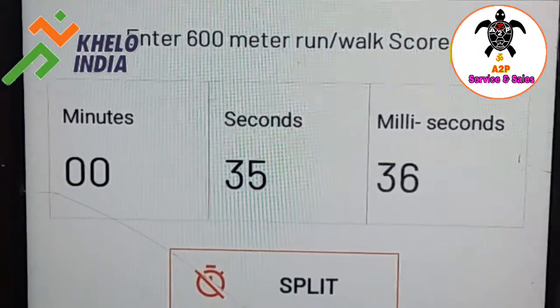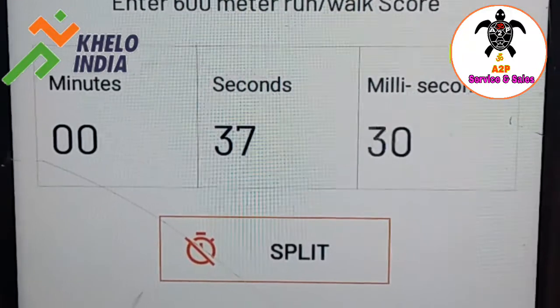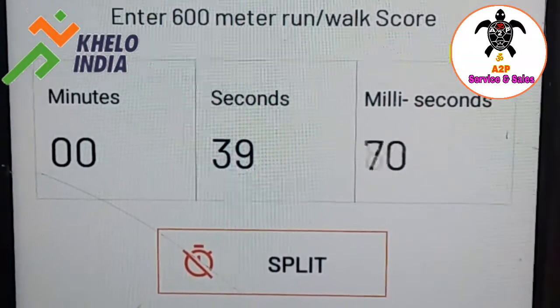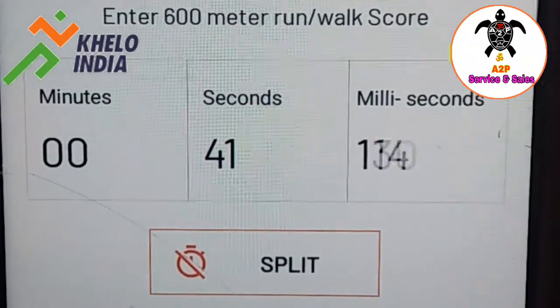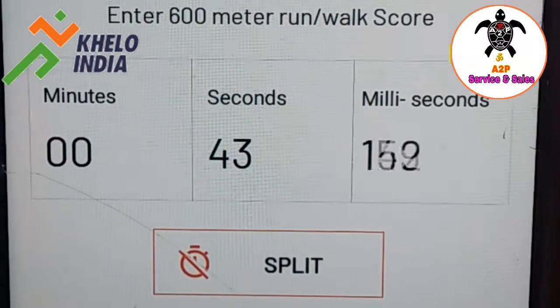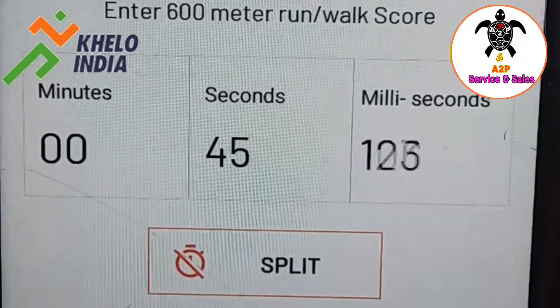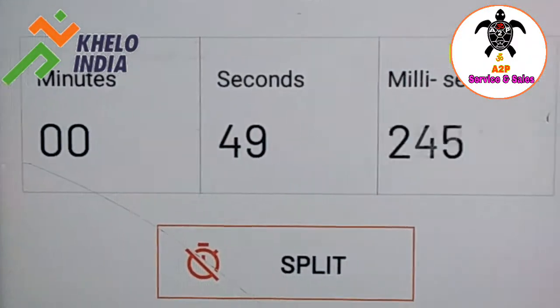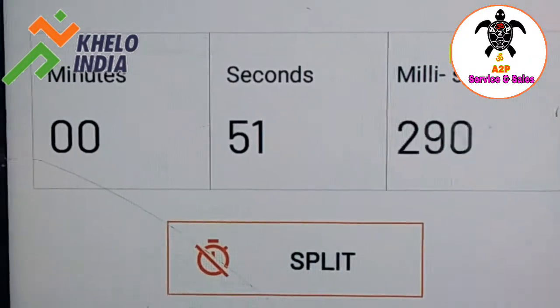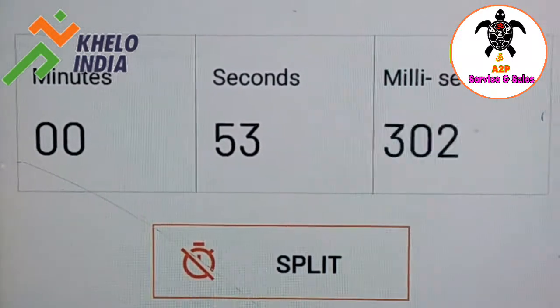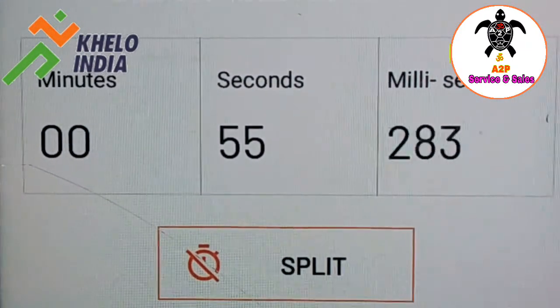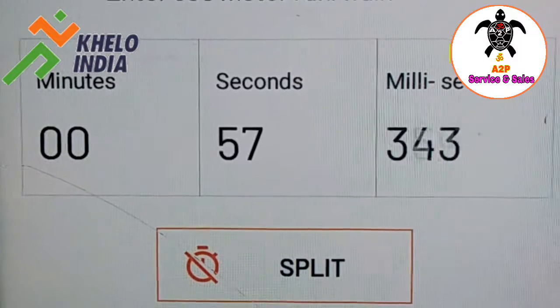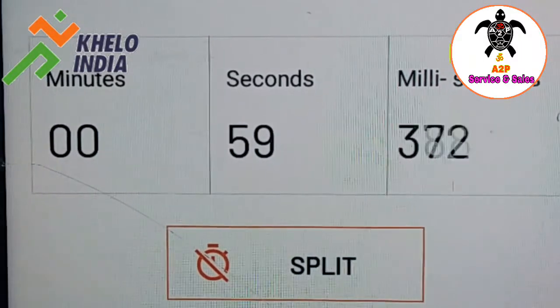And in this test, no need to blow the whistle, no need to tell the students to start. Once you blow the whistle, the test will automatically start on the mobile. This is the 600-meter running race, and this test is very simple, and the PET teacher will take the record.